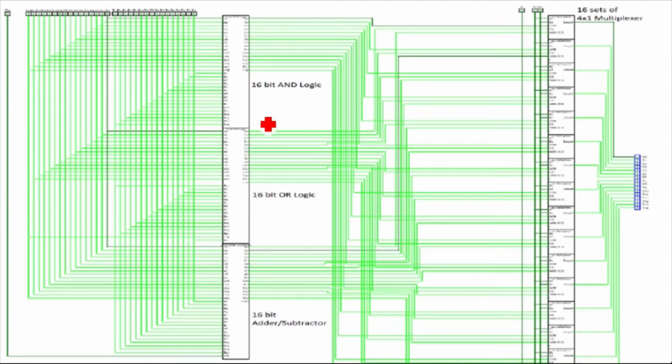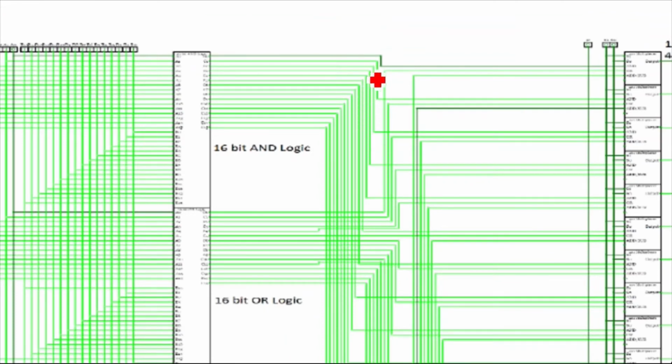Similar way for the OR IC, this is your AND IC, this is your OR IC, and the first output of the OR IC is connected to the first mux, the second output of the OR IC is connected to the second mux. Like you can see here, if we zoom it, yeah, this is connected. This is the first output of the AND IC, and it is connected here. The second output of the AND IC is connected to the second.